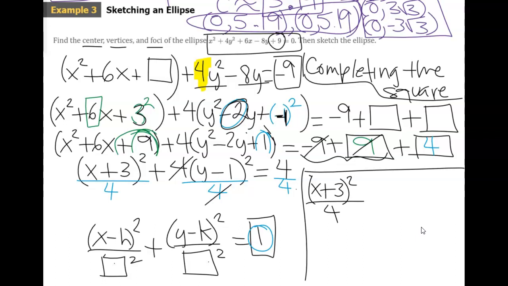But remember, they don't disappear. They equal 1. So this is going to be (y minus 1) squared over 1. And then on the right side, 4 over 4 is 1. So now we do have our equation. And remember, the biggest number is a squared, always. So we know from here that a